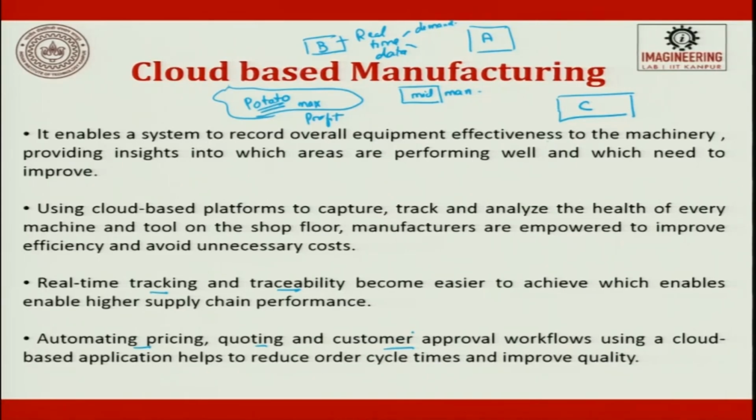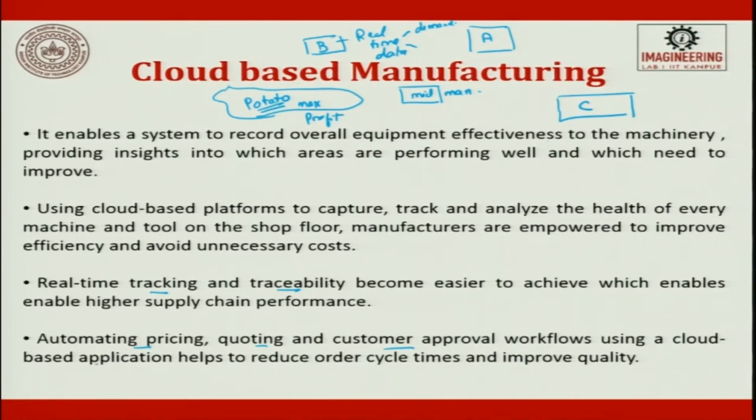In the same way, the same analogy can be applied to manufacturing. Instead of A, B and C, which were cities or towns, you now replace them with countries and look at the real time data. Then you decide where to send and how to send. When you send to different countries, you have to send it by air or by ship, and you have to decide which is economical, when it will reach, and what the customer demand will be, right.